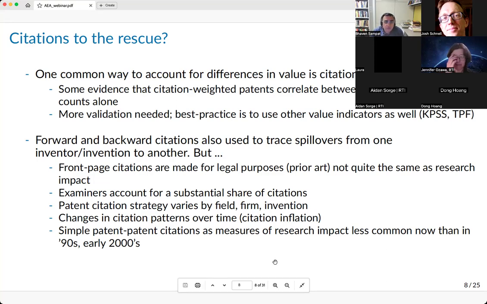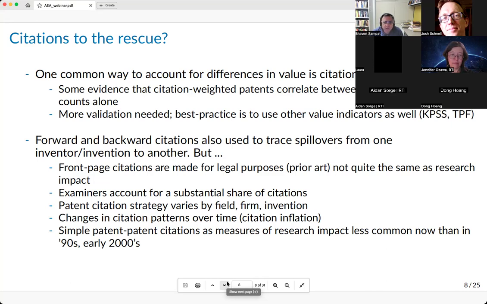On the first use, citation weighting of patents to adjust for heterogeneity in patent value, there has actually been less validation than one would want, but there is some validation going back to Manuel Trajtenberg's work that citation-weighted patent counts correlate better with other measures of value than simple patent counts alone. In my view, at least, and this is something Josh and I were talking about before the call, about incentives in academic research,